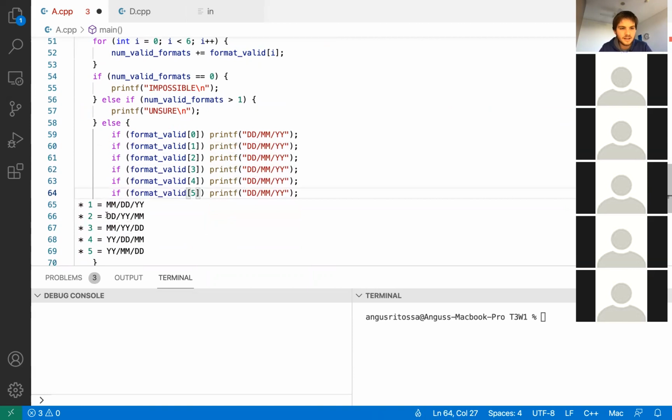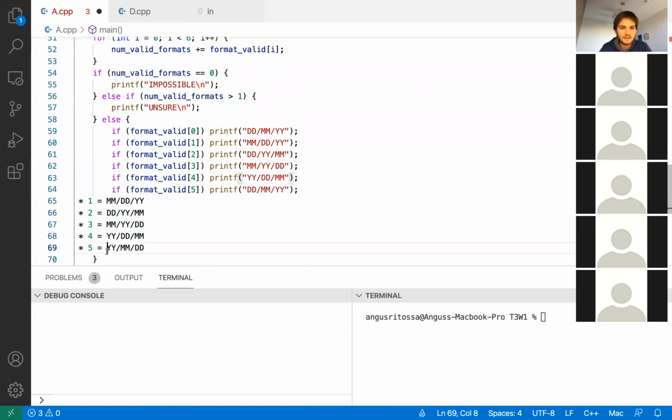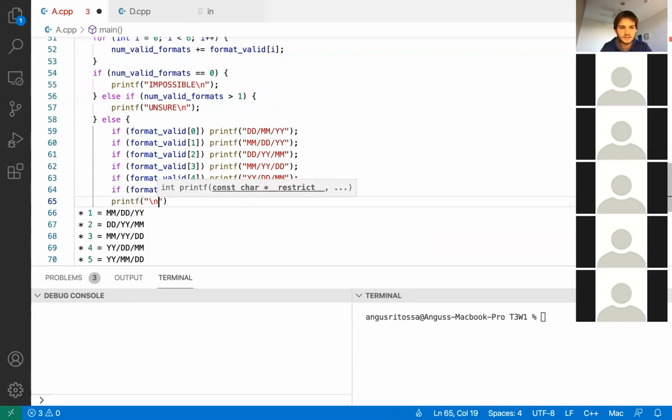If you're coding an assignment, you probably don't want to do this. Thanks, I'll add the new line at the end. In fact, new line is not strictly required, but I do like putting new lines in. So thanks for letting me know. Generally, when problems are judged, a new line at the end is not required. Normally they ignore excess white space, but it is convention to put new lines at the end because it can make reading the output easier. So I should have put that in before. But yes, I can just print the new line at the very end to make my life easier. Like that. Thank you.